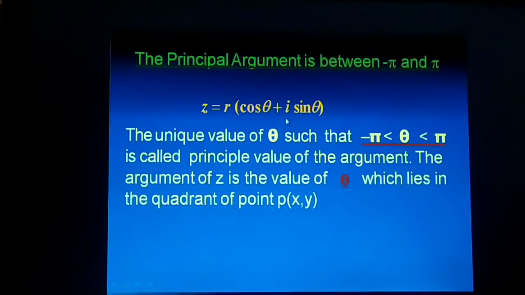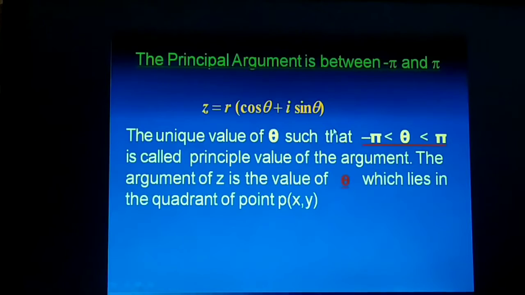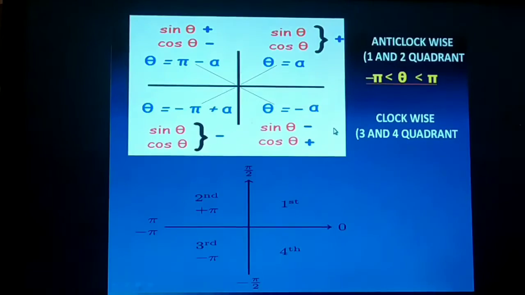So when we find the principal argument, the value of theta is between minus pi to pi. So when we put the theta in this form, its limit is minus pi to pi. So how can we find the theta? Let's see